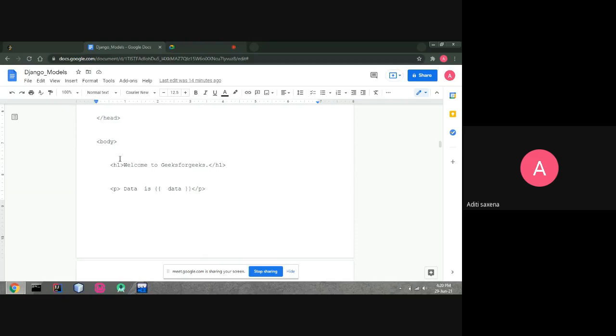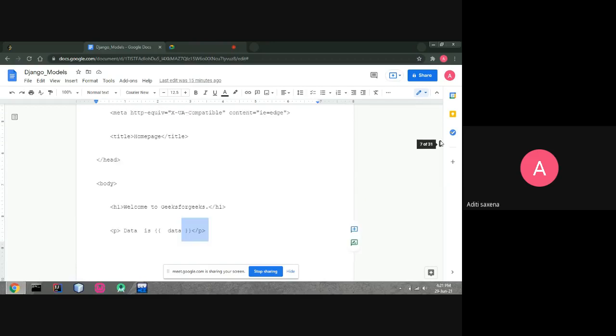Then in the body we have written an h1, which is the heading. The template is basically an HTML page, and this is the basic structure. The heading says welcome to GeeksforGeeks, and p means a paragraph. The curly braces are the format specifiers, as in Python, for what we are printing here: data.